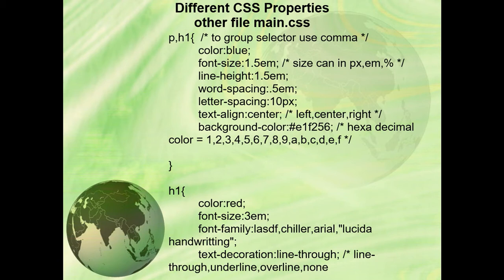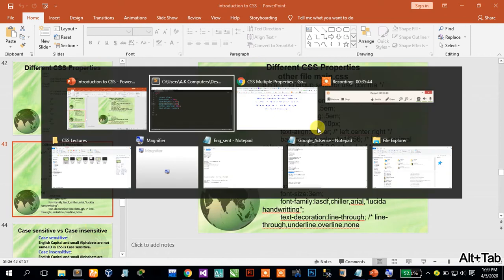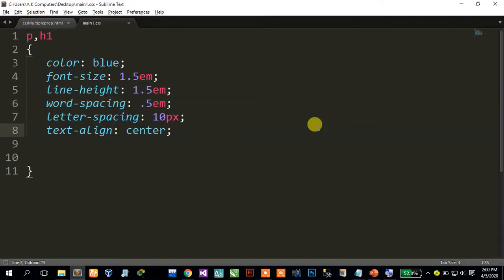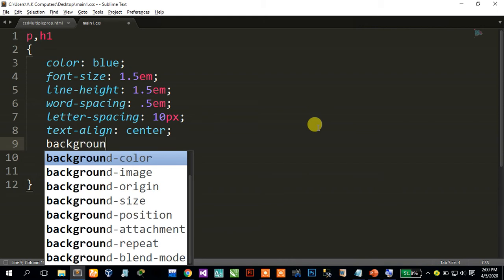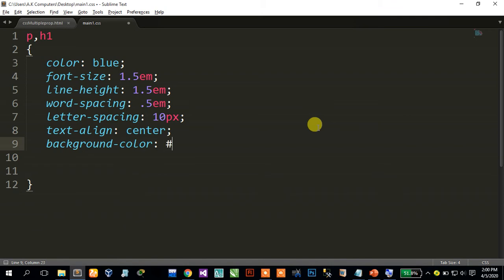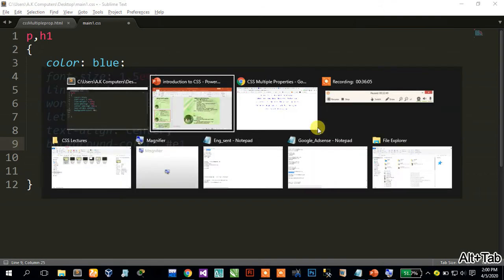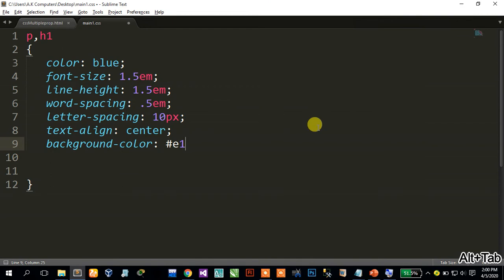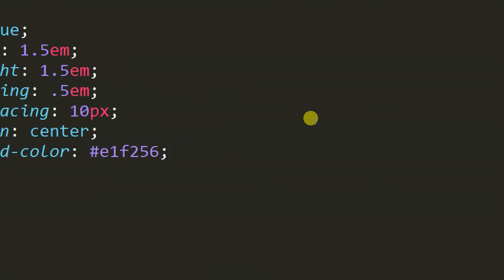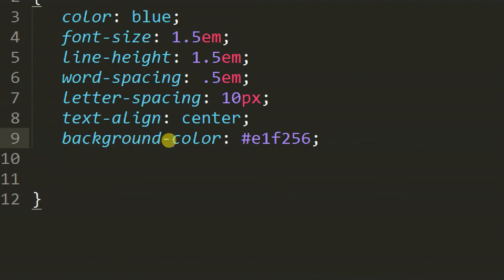Background color. Text alignment is center. Okay, and background color is this. For example, you can apply any of color. Okay, I want to apply here background color. Background color, yes, E1. Okay, like this. Save it. Okay, this background color E1F256. Okay, save it